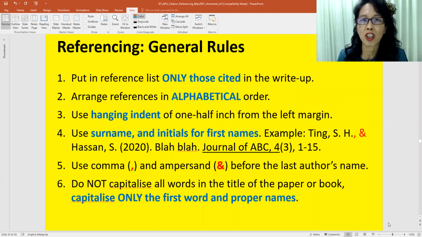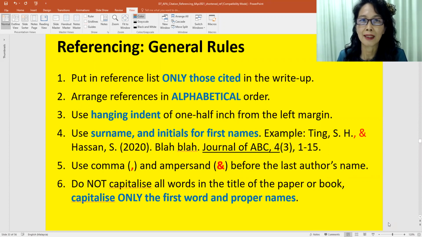First, I go through the general rules before I proceed to the specific rules. Number 1, put in the reference list only those sources that are cited in the write-up. Nothing more, nothing less. Number 2, arrange the references in alphabetical order. Number 3, use hanging indent of ½ inch from the left, meaning the first line is longer, second line is